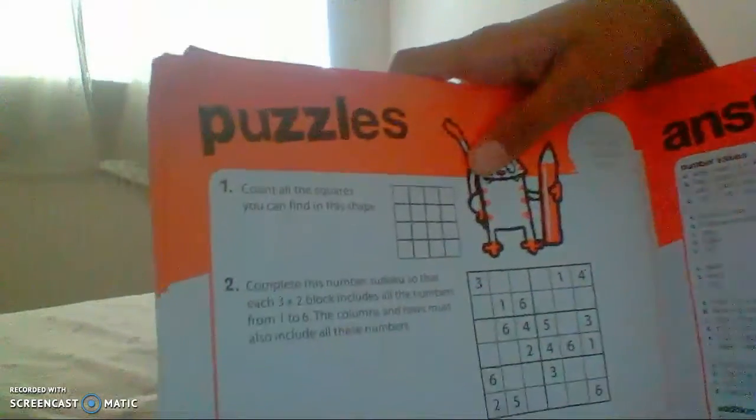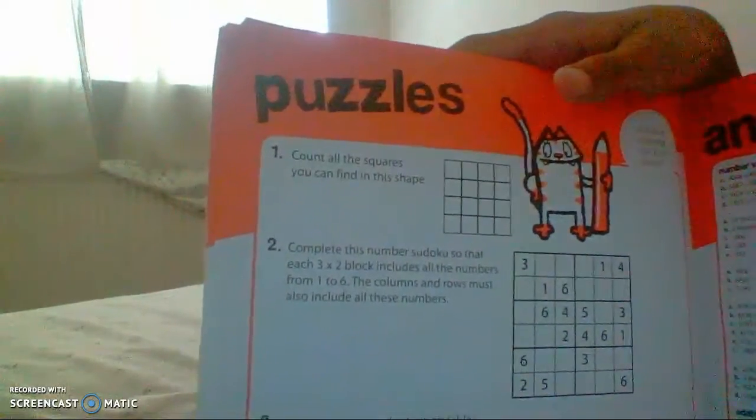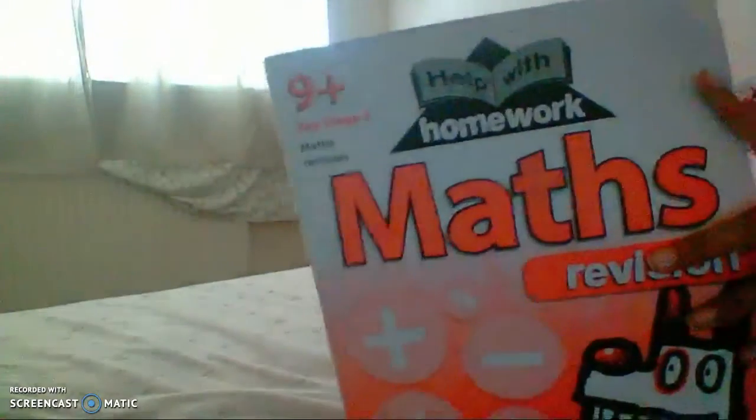And once you finish the book, you can just do the puzzle. And then if you want to check the answer when you finish, that's actually a good way of doing it. But this is not my book, so that's all I'm looking at. I don't think I should be showing the answers. If you have this book and you guys can get this book,